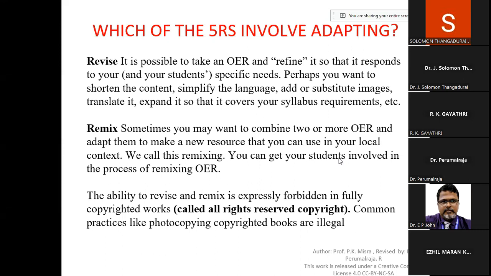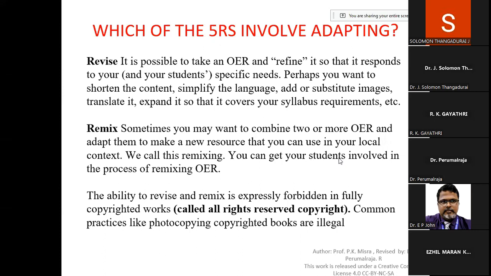Suppose you are simply remixing some videos or audios which are not in a synchronized way, it will be a problem. That is the reason why we need to create the content carefully. When you are grabbing content from many resources, we need to know clearly which are the things we are going to mix.